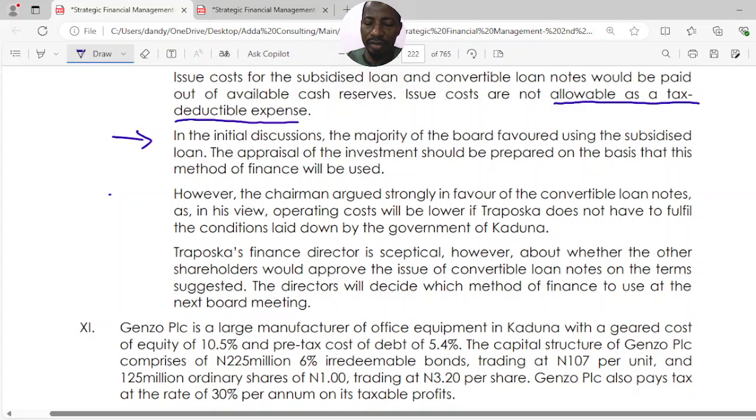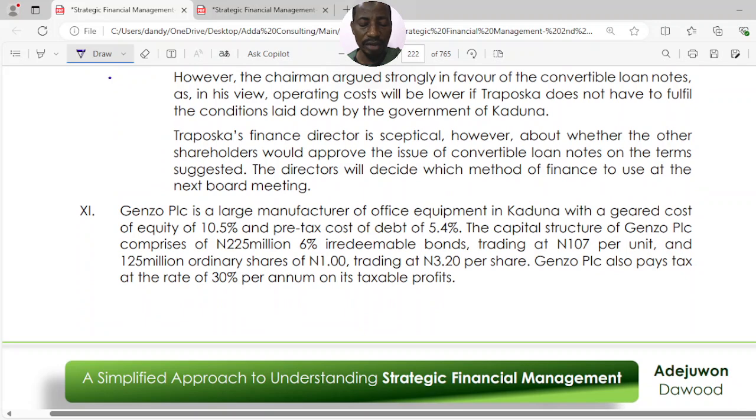The appraisal of the investment should be prepared on the basis that this method of finance will be used. That is, you should use subsidized loan instead of convertible loan notes. Number 10,